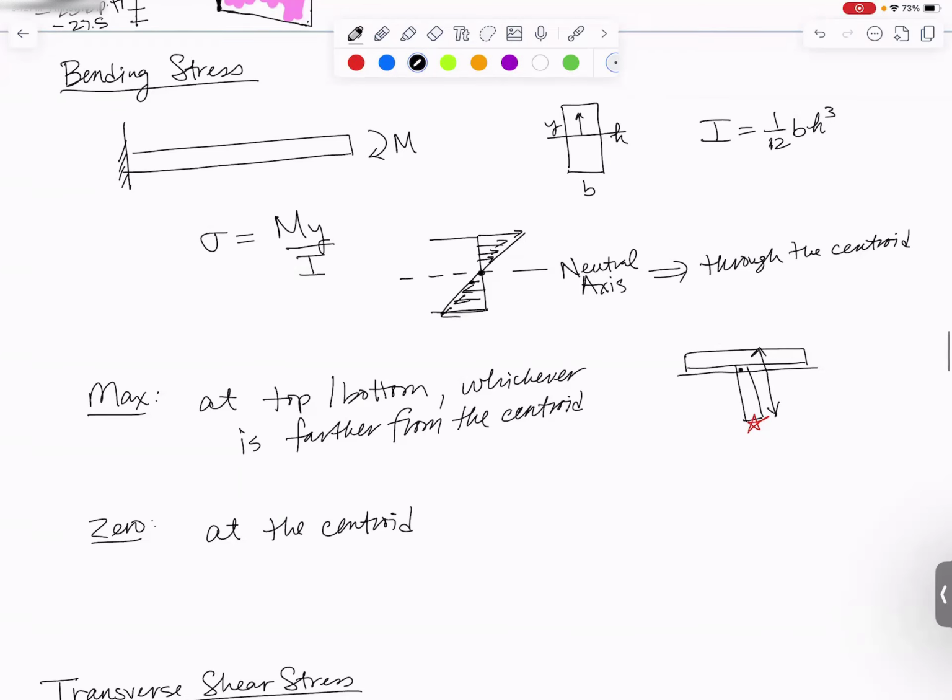I sometimes have students get a little bit confused by these pictures. We have one picture that indicates the beam itself. So this is something that's very long, very slender, and it has loads applied to it. In this case, somebody's cut it open and found out what the internal bending moment is right here where we care about it. Well, then we need to look at the cross section. That has to do with how tall is the beam, how wide is it into the page, what shape is it. So we'll often be accompanied by a second picture over here, which is if I were to cut the beam open